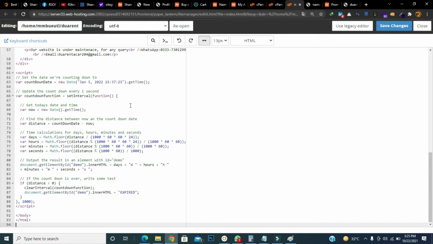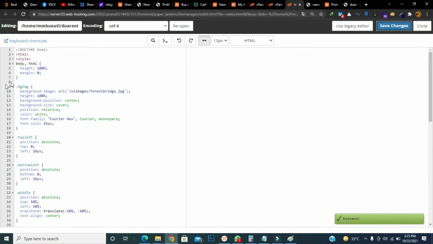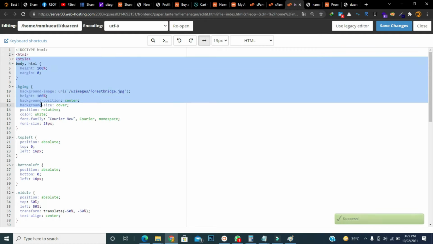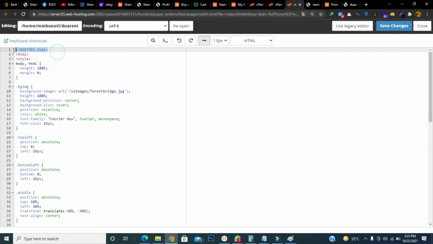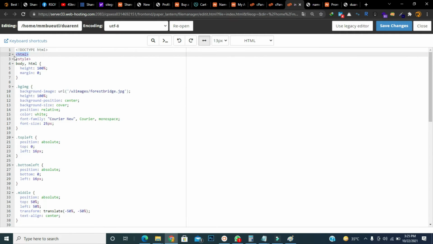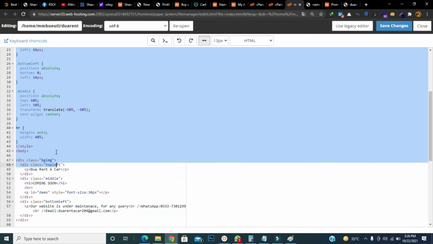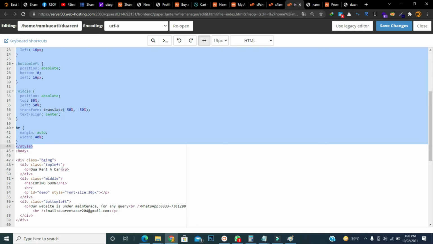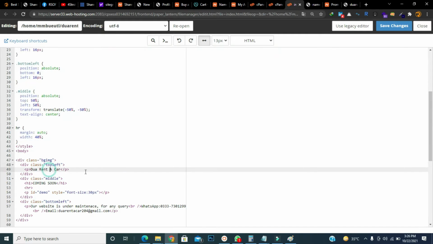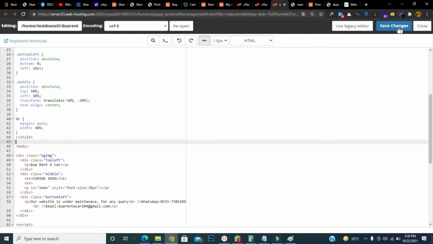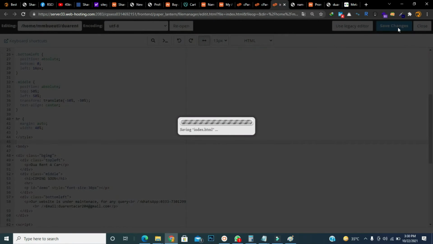on this web page. Notice this code contains CSS styles and some HTML tags. The CSS styles are used to specify how the content should look, and all the content which you see on the web page in the browser is enclosed in the body element of HTML. Now save changes. Let's see the result.